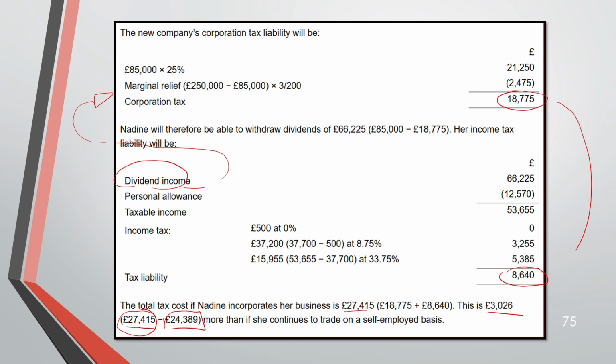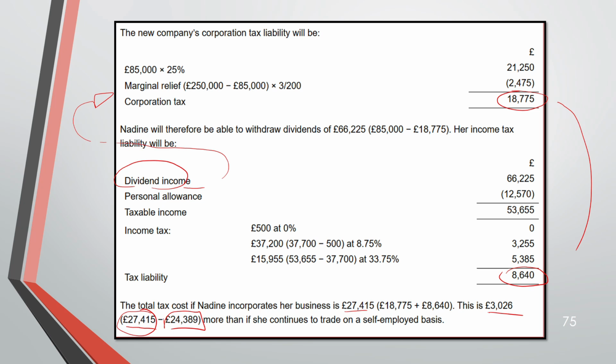Calculate income tax, NIC, corporation tax, one after the other, line by line, and compare. But example 13 is a little tricky. Most candidates struggle to identify the starting point. Where do I start? How do I calculate my dividend income? They don't know that they have to start with the corporation tax.